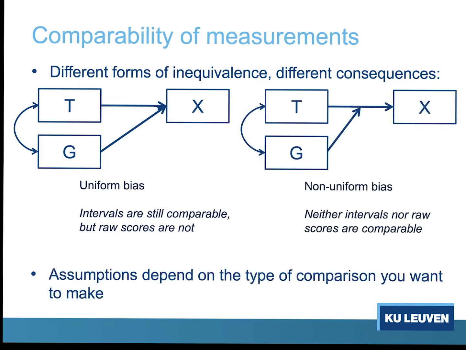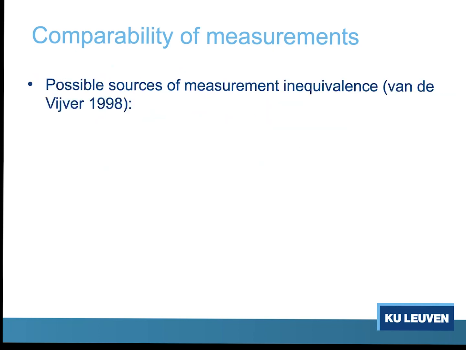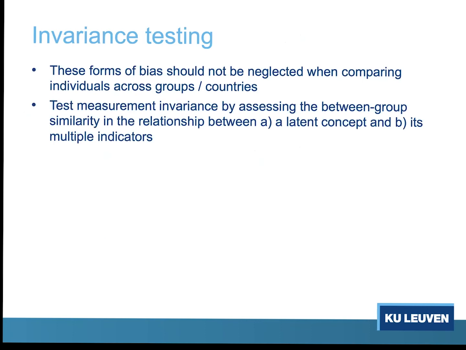What could also be the case, it's a bit more tricky form of bias to investigate, is that we have non-uniform bias, is that the grouping variable does not directly affect the outcome X, but that it affects the relationship between the true score and the indicator. It's saying that in certain groups, X is a strong indicator of T. In other groups, it's maybe not a very good indicator of T, right? And so it's these kind of assumptions that we try to test by means of invariance testing, right? I'll skip a couple of slides here as well.